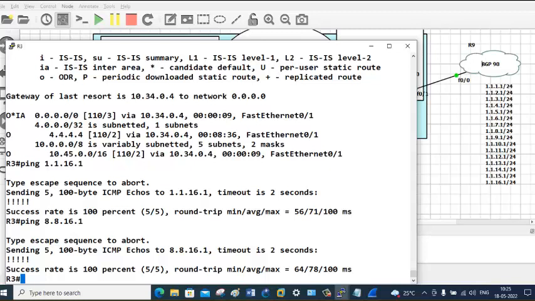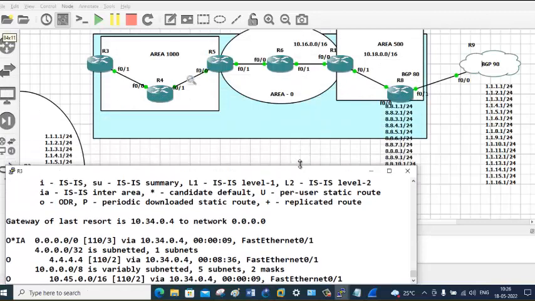Totally stub will deny type 3 as well as 4 and 5, and it will use the same default route to reach the other area as well as external. Ask me questions, please, if you have. If no questions, we'll meet